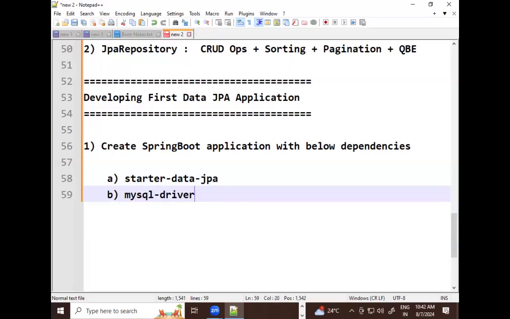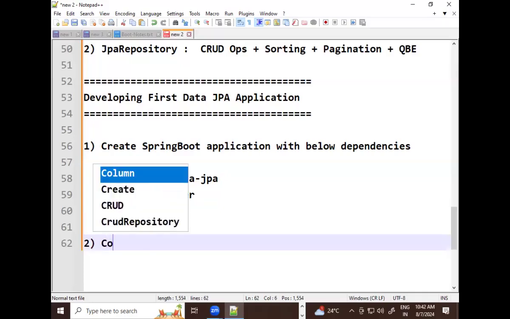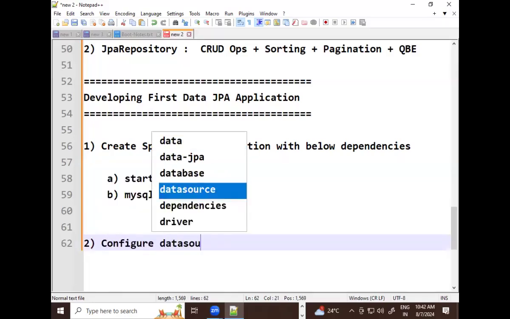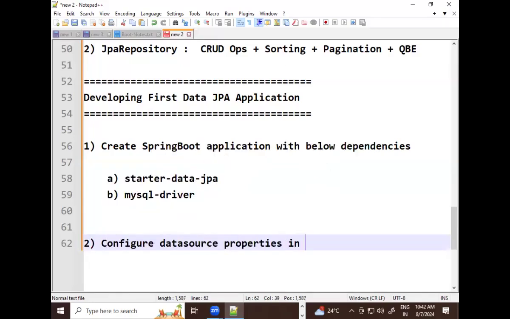You no need to download the jar file for the MySQL driver. Maven is going to download the driver for you. You need to configure two dependencies at the time of creating the project only. You select the dependency, starter data JPA and MySQL driver. Then once that project got created, then the second step, configure data source properties in